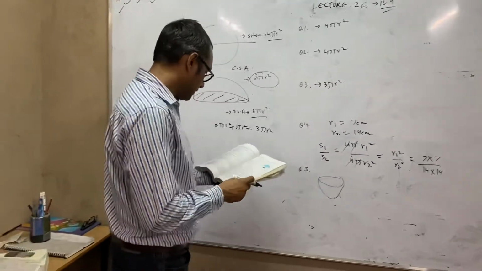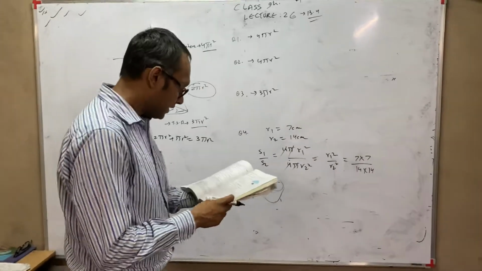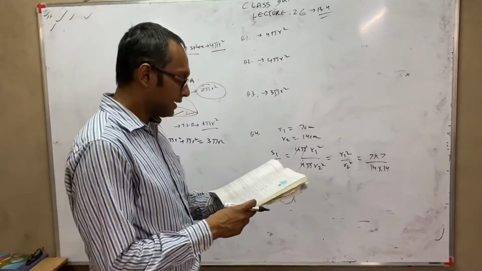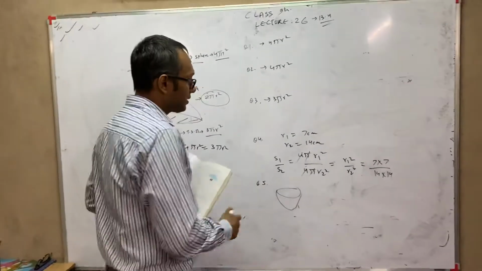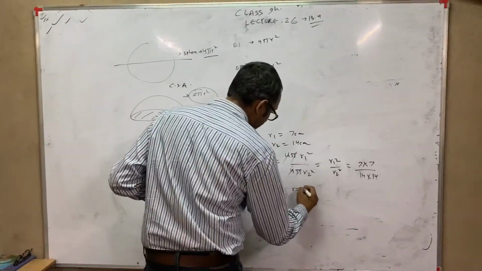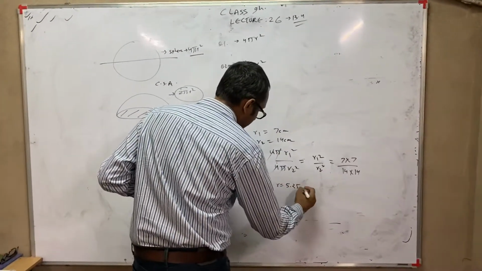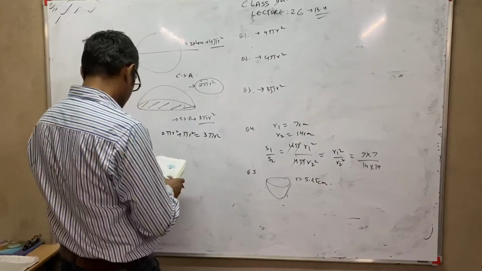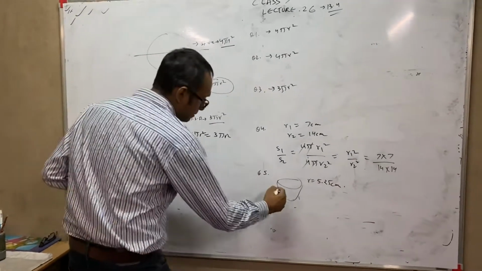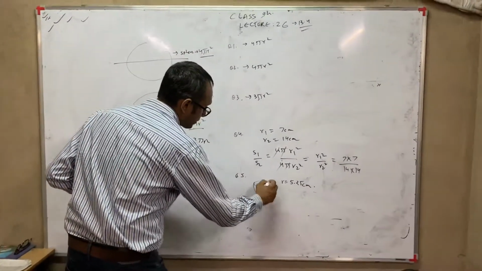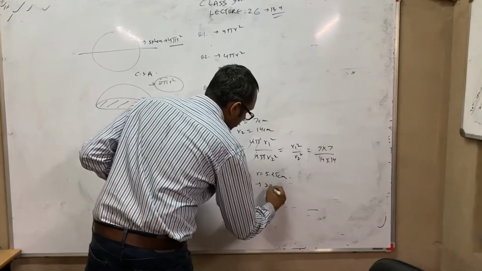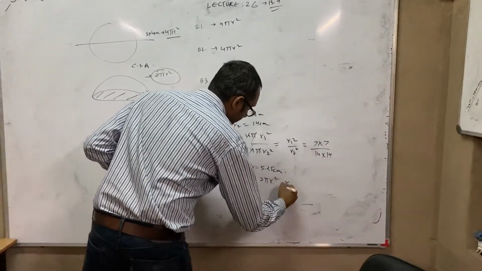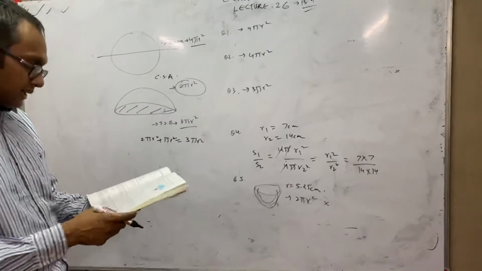Find the cost of plating it on the inside at the rate of rupees 16 per 100 centimeter square. So first of all, the diameter, of course, we will convert to radius, 5.25 centimeters, and then only on this portion you have to cover. Okay? Only this portion. So you will be using the formula 2 pi r square. And again, here in this, as we had done in the earlier sums,